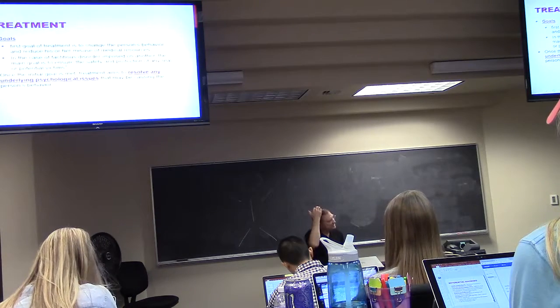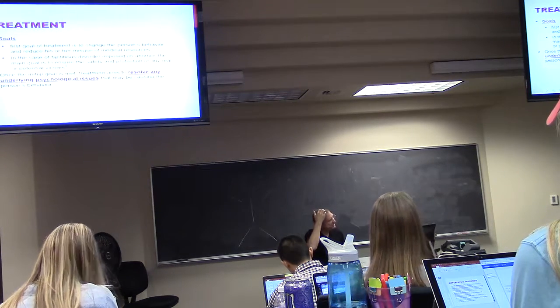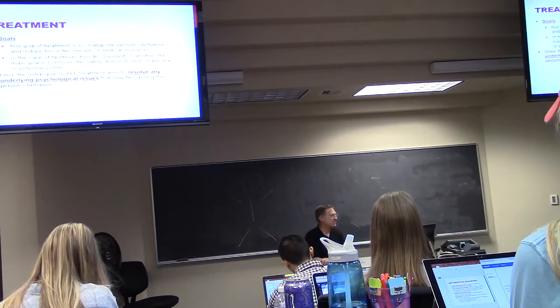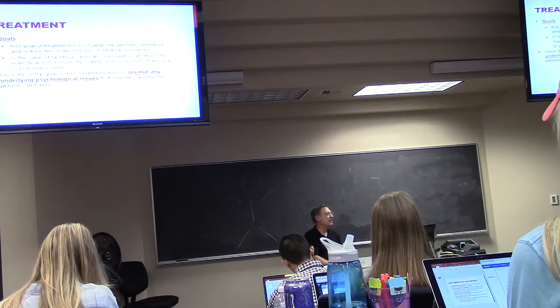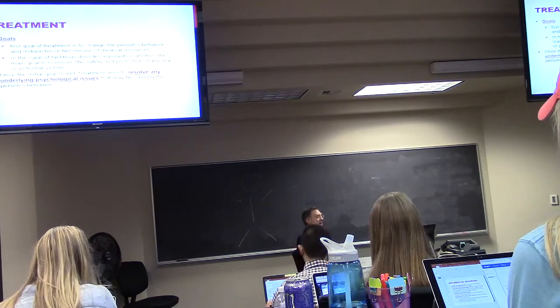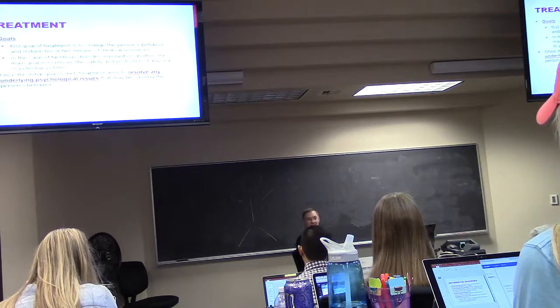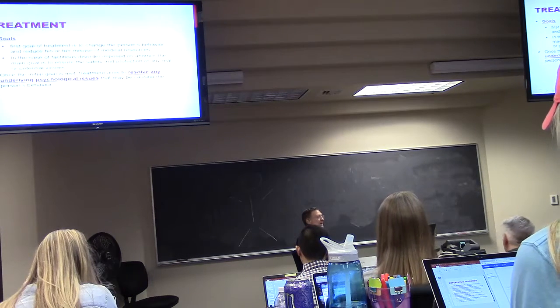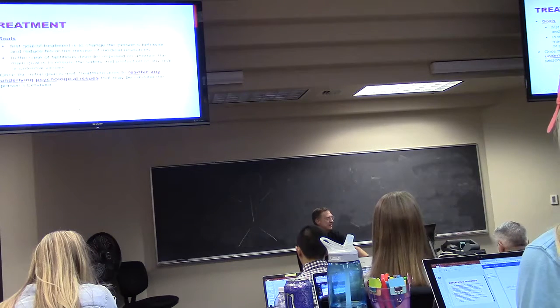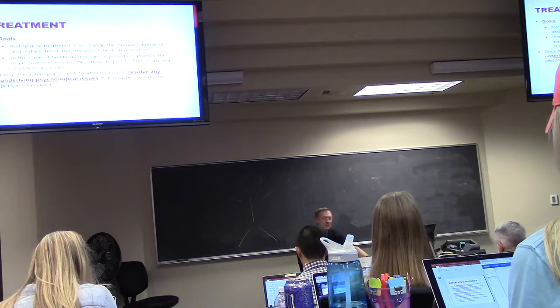All right. How do you treat this disorder? First goal of treatment is to change the person's behavior and reduce his or her misuse of medical resources. That's the first thing for factitious disorder. In the case of this disorder imposed on another, the main goal is to get safety for the victim. Okay, you've got to do something. Once the initial goal is met, then you can resolve any underlying psychological issues that may be causing the person's behavior.